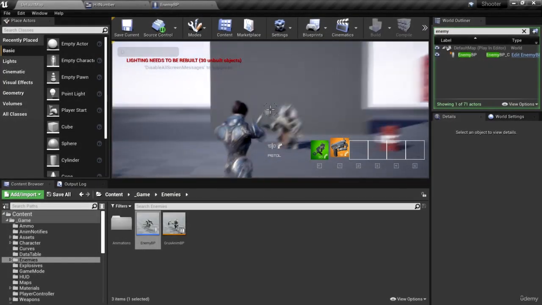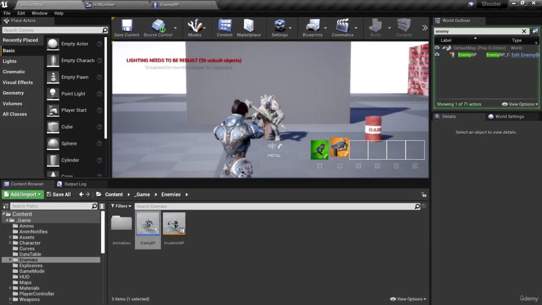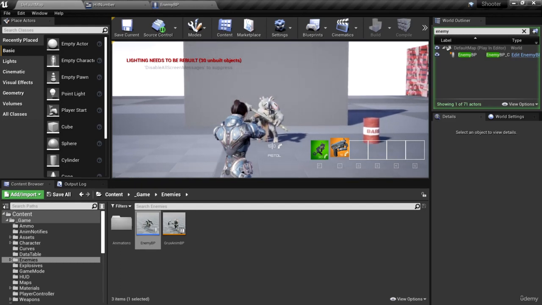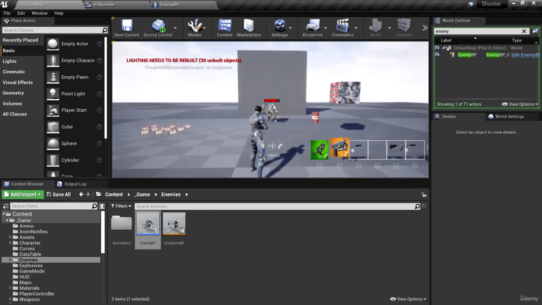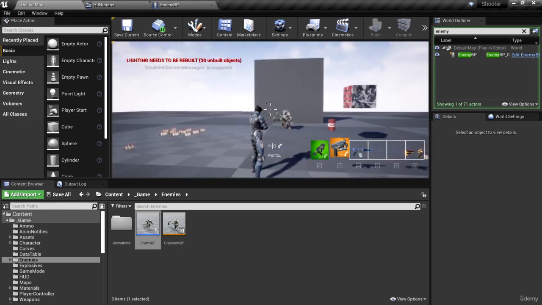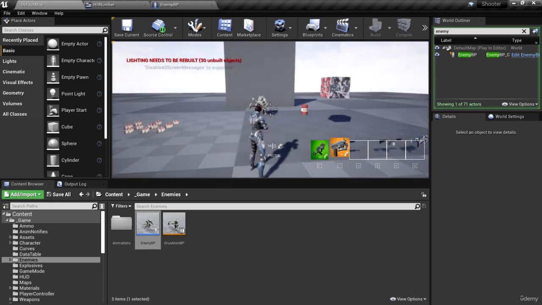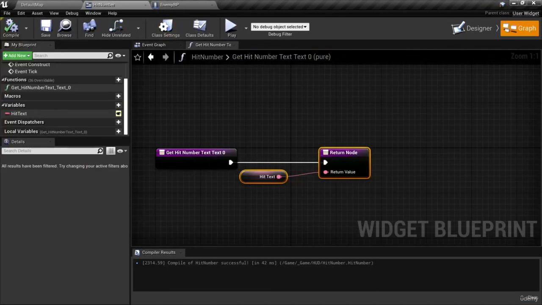Welcome back. Now we're showing hit numbers to display how much damage we're causing when we hit the enemy. Now we'd like to animate those hit numbers so that they float away as soon as they appear on the screen. Let's get started. Now I'm here in the hit number widget blueprint, and we'd like to create an animation